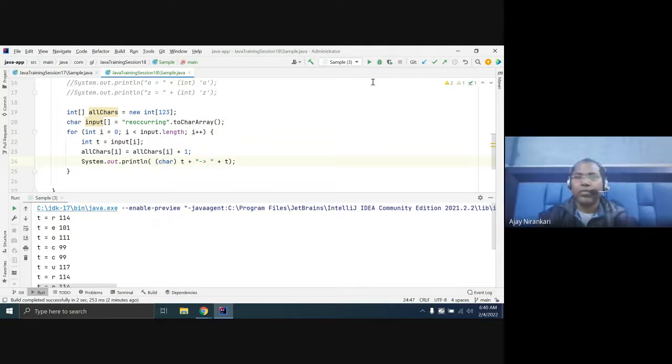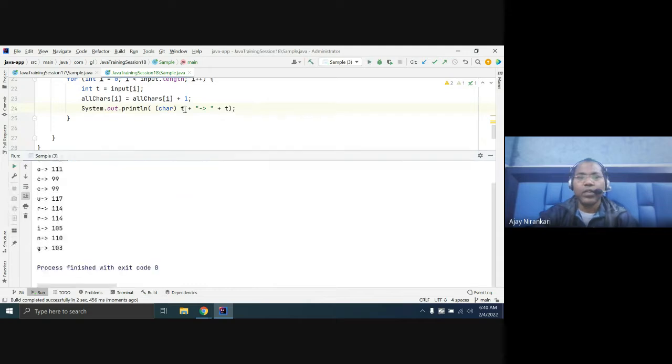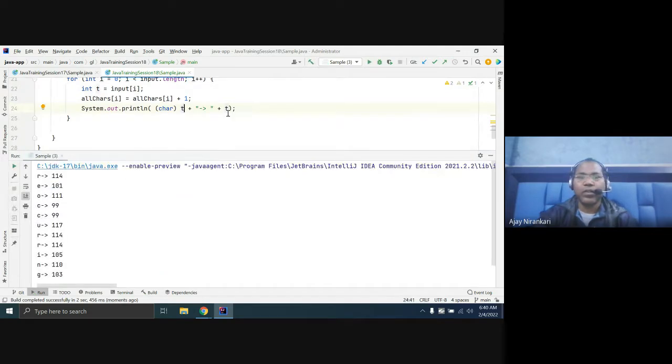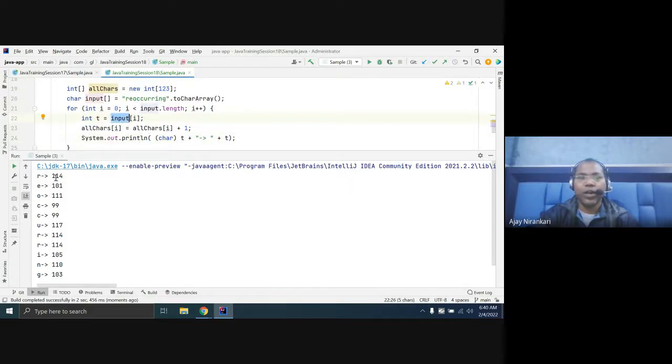And you run it, you notice this T is the character value of T, whatever you are getting as input from here: the ASCII value of R, ASCII value of E, ASCII value of C.